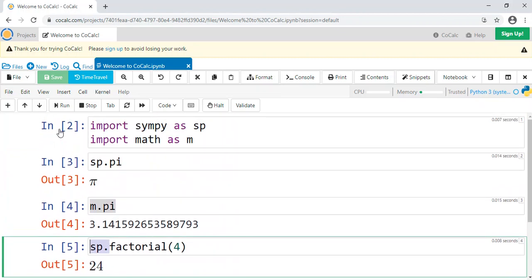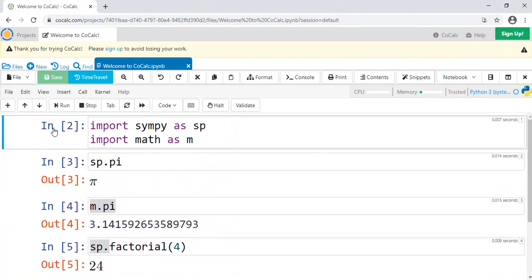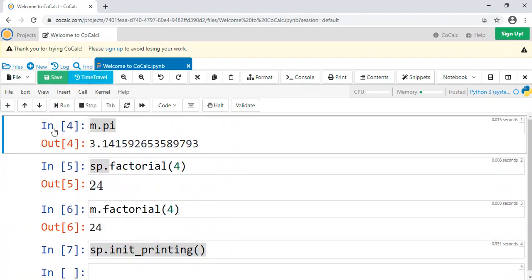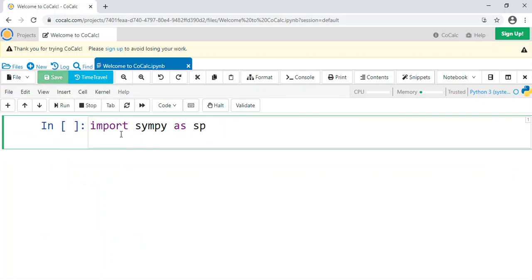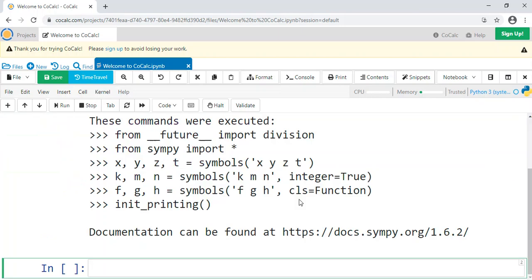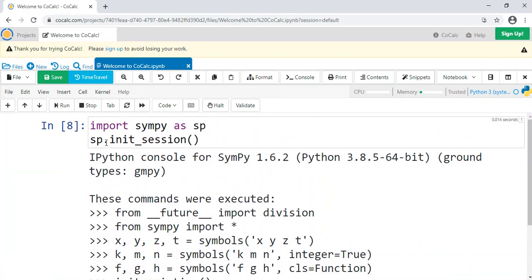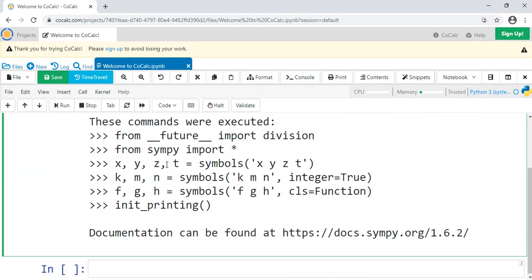One last thing I want to show you is something called init_session. Say you have import SymPy as sp, but then you do sp.init_session. If you run that, it's going to do a lot. This is a nice shortcut. It does a few different things.